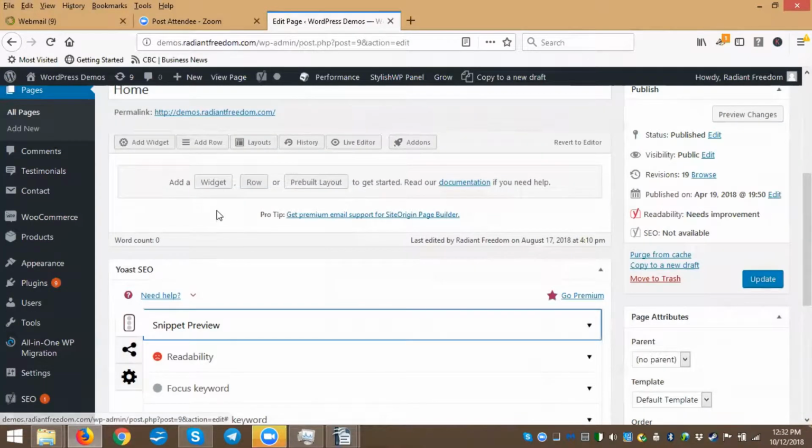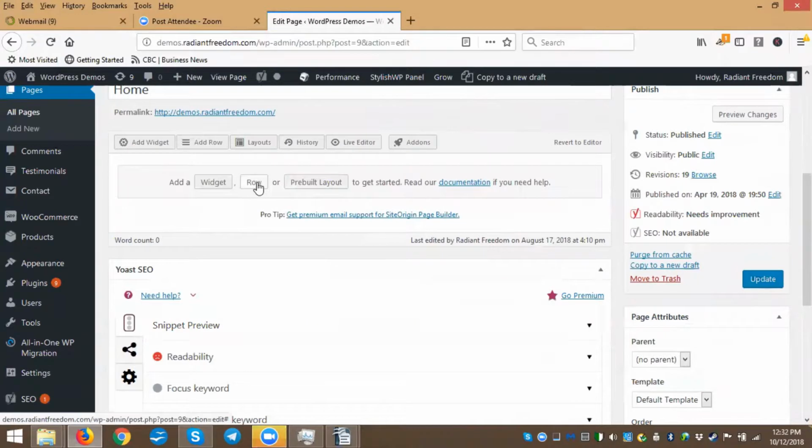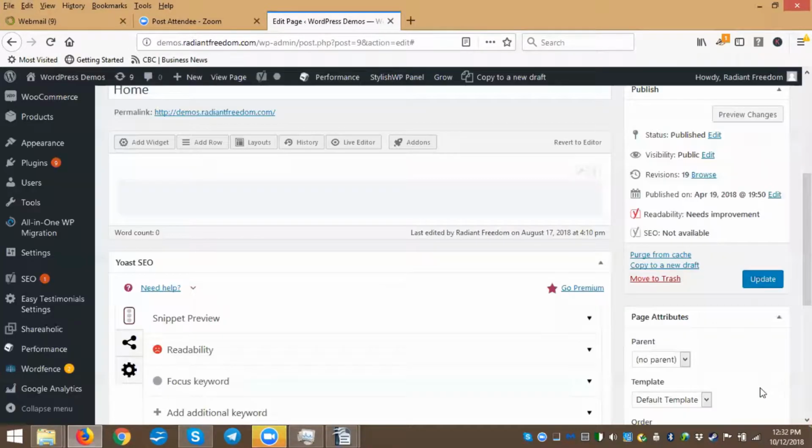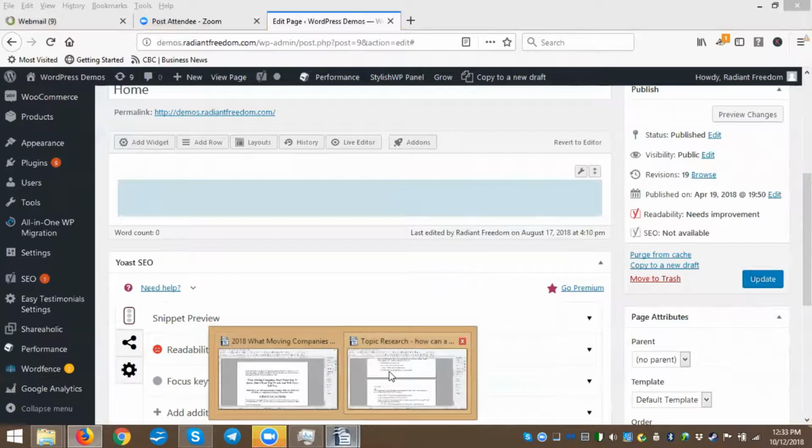Here's our main contents here. So what we're going to do is start with adding a row. For this first part of the top, I'm going to make that a 1-column row and insert that. So now this row gives us a place to insert our contents in. And I'm just going to go ahead